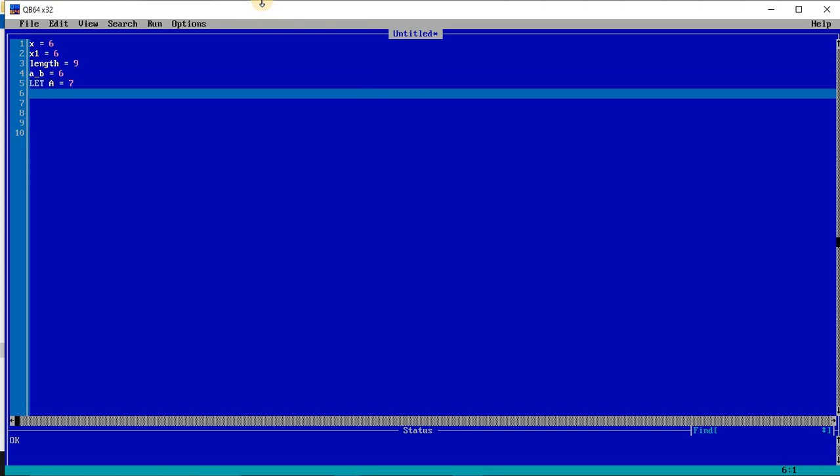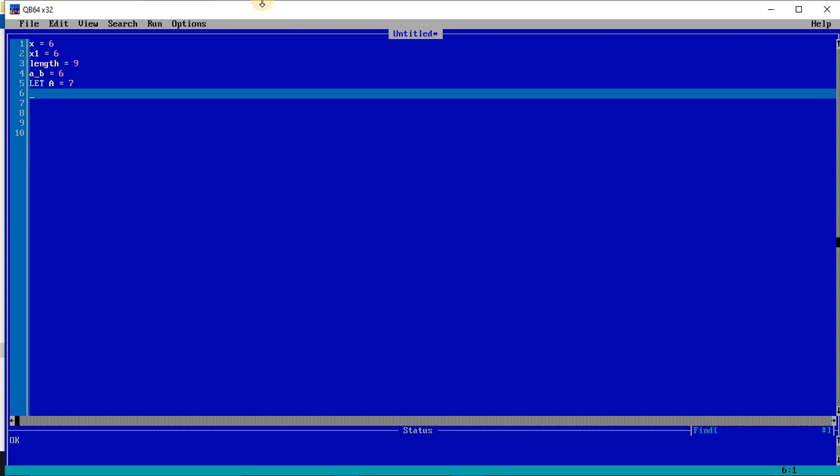Let a is equal to 7 and let x equal to 6 are both the same, because the let command allows you to assign a variable. In QBasic, as in modern programming languages, you can assign a value to a variable without using the let command, but the let command is also available. It was mostly used in GW Basic, in older versions of Basic. So here we can use a let command or we may not, it's up to us.